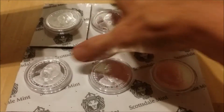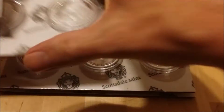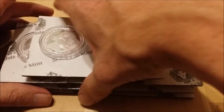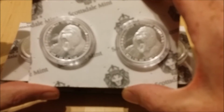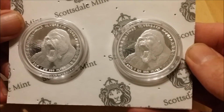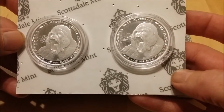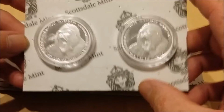And the reason why I am interested in these, obviously 11 of these, and I'm going to continue picking up a few more of these that I can before the price kind of, or the stockists that I get them from run out, and then the new coins come out, and these have a mintage of 50,000, and the new 2016 coming out has a mintage of 75,000, and